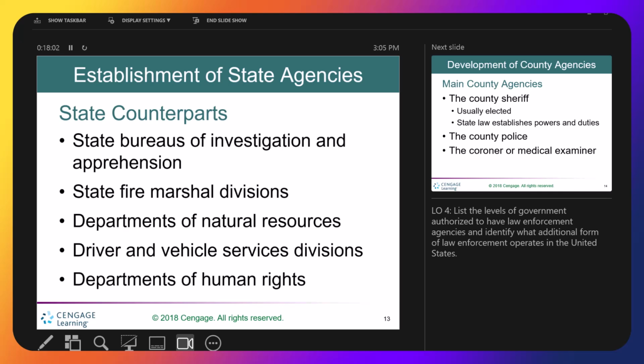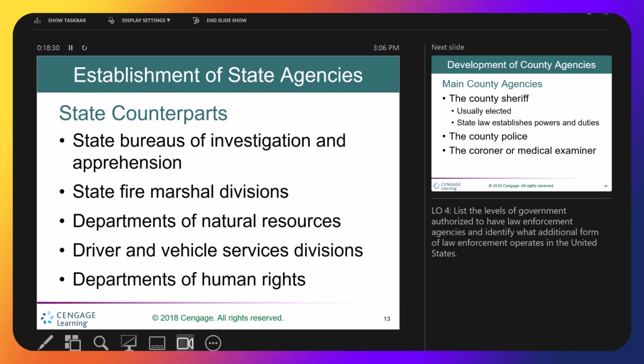So in the United States of America, we have 50 states. When we look at the states, we have state bureaus of investigation and apprehension. These are usually your highest branches of law enforcement in the state. Every state has a different name. In North Carolina, it's the State Bureau of Investigation. In Georgia, it's the Georgia Bureau of Investigation. A lot of their law enforcement people are referred to as special agents, just like on